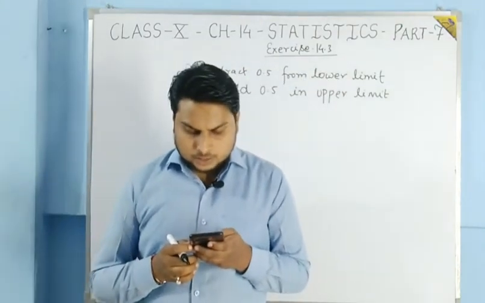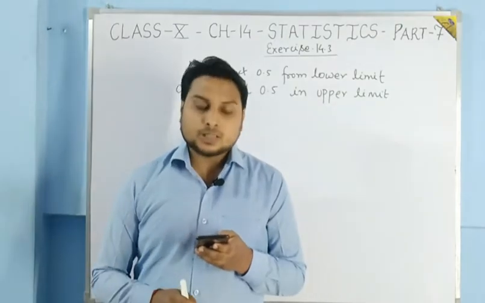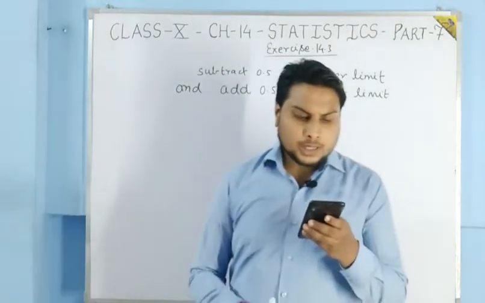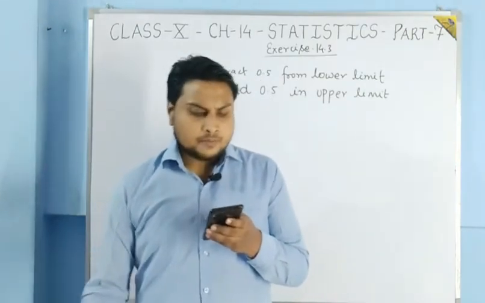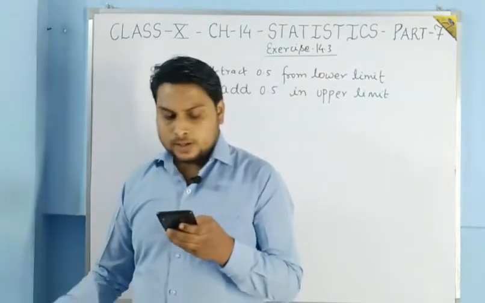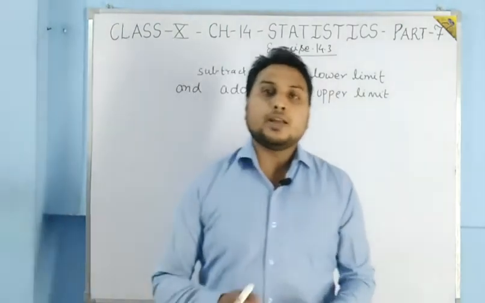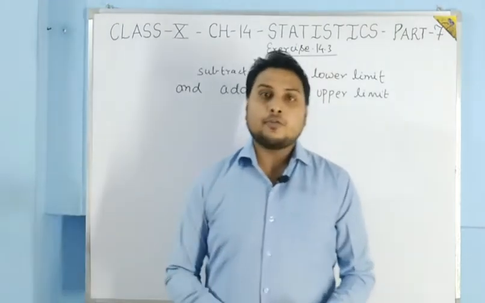Okay, so here also one table is given, and yes, it is a continuous frequency distribution. Here it is said to determine the median number of letters in the surnames, find the mean number of letters in the surnames, and also find the mode. Means you have to find median and mode also. All the three you have to find.